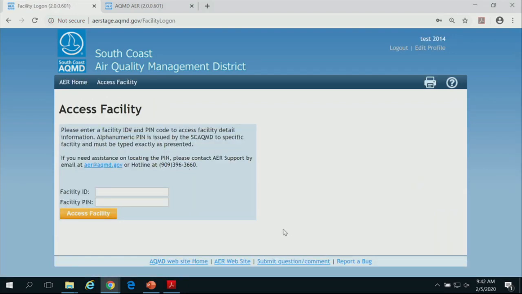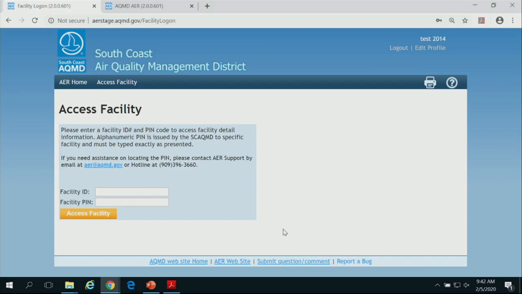The user account that you generate is just for you to use. In order to access the facility that you're reporting for, you need the facility ID, which is assigned to the facility when you receive a permit from the district, and a PIN that is generated by the AER team.